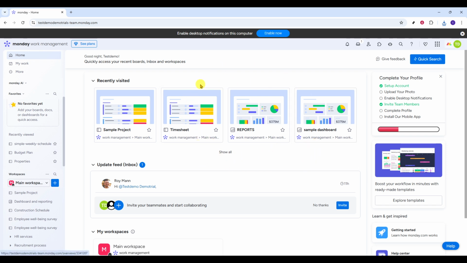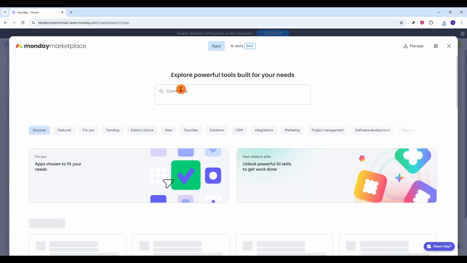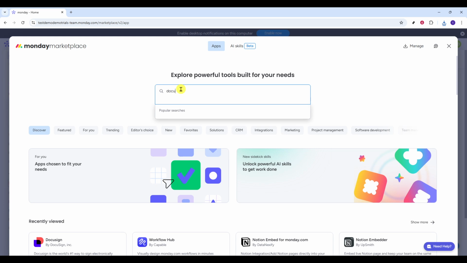Look toward the top right corner of the screen for the menu icon made up of 6 small dots. This is the quick launcher that opens up helpful shortcuts and tools. Click that 6-dot icon to open the menu. From the menu, select Marketplace. The Marketplace is where you can find and add apps that extend Monday.com, and that's where we'll grab the DocuSign